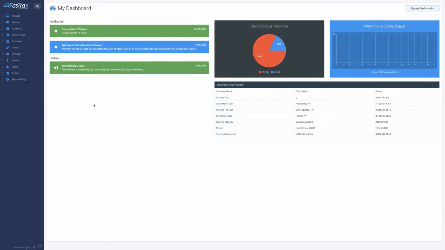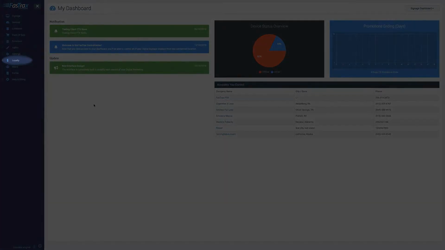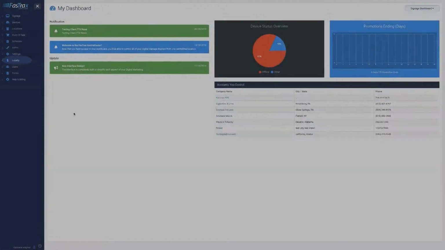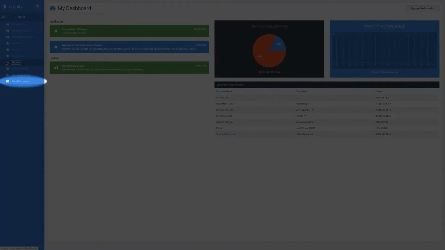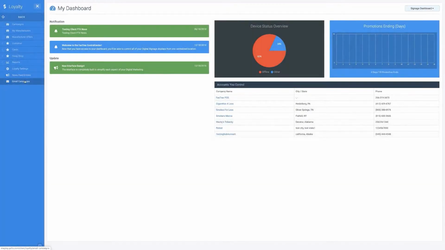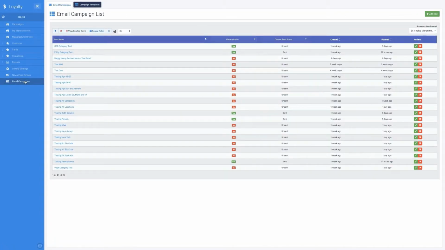I'm going to start by logging into the Control Center and going to Loyalty, here on the side menu. Then I'm going to select Email Campaigns, which will bring me to a list of existing email campaigns. The campaigns you see here on my screen are all test emails I have created for the purpose of this